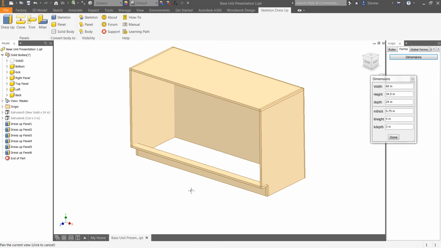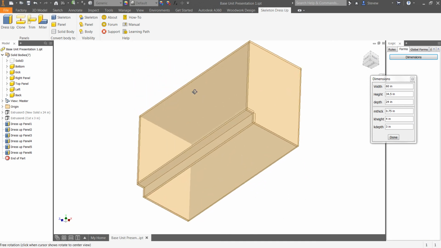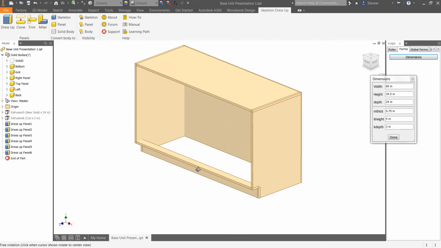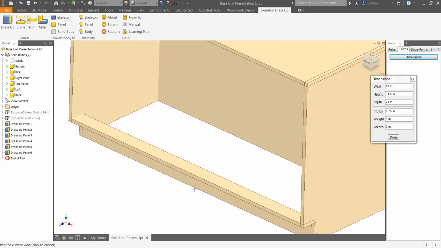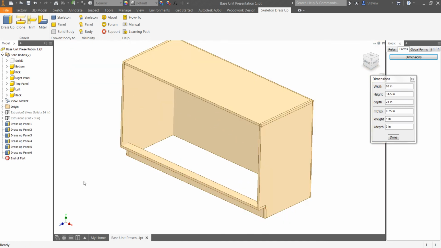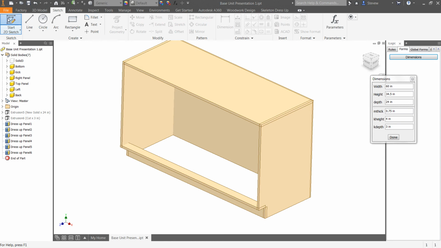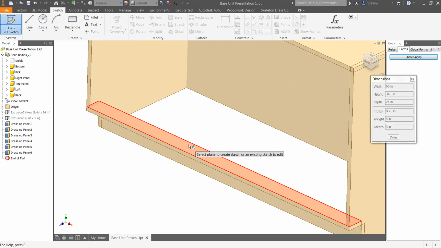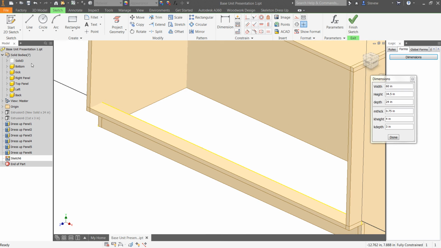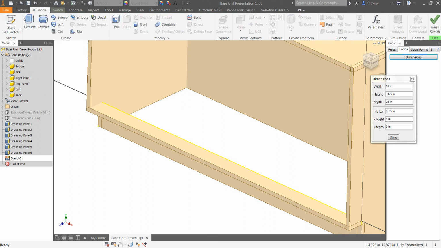So the bottom of the cabinet is, of course, not complete. It just has that front sort of lip on it. And my goal now is to take what's there and extend it to the back. So utilizing standard tools, I'm going to say I want to sketch. I can just hover over the back side and select the back face without rotating. Once I've done that, I can pick extrude,